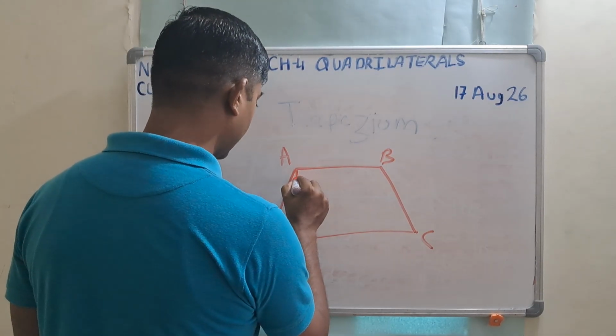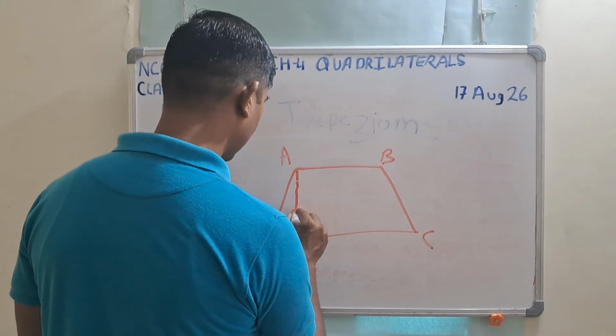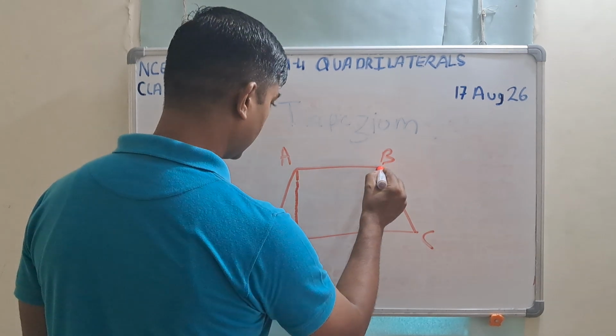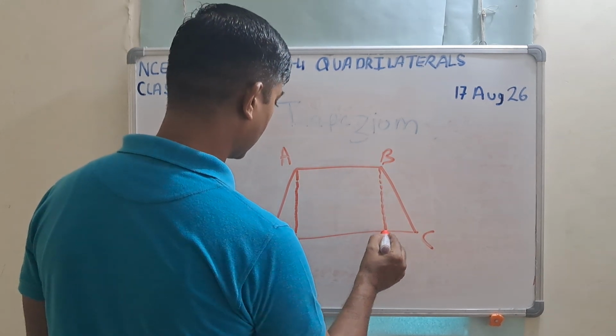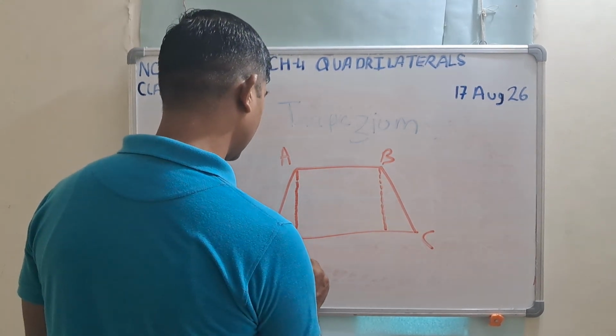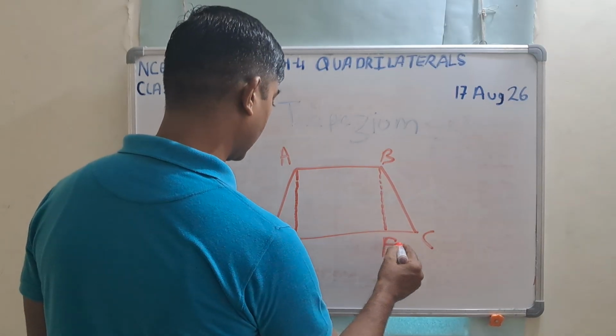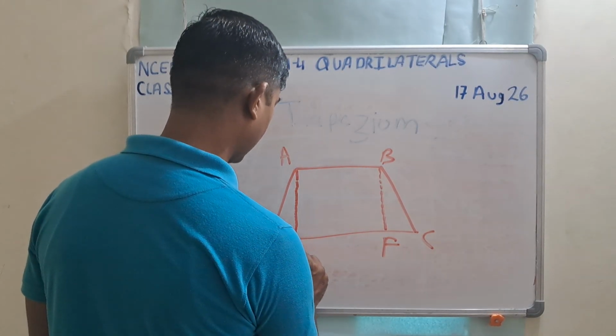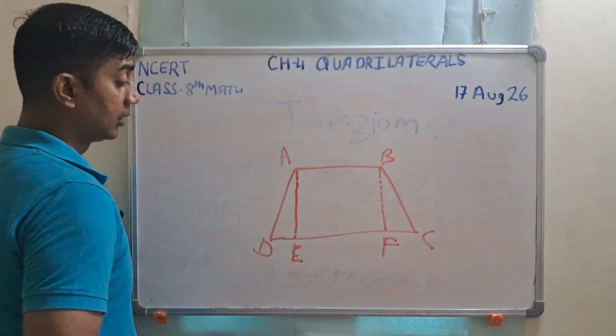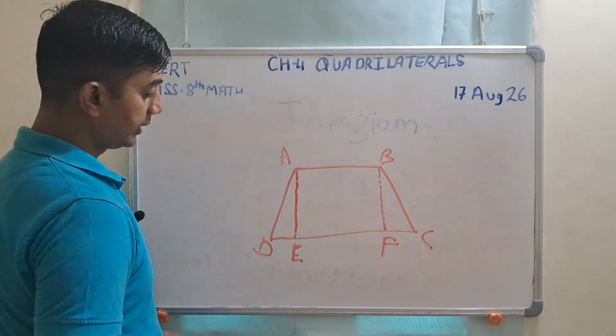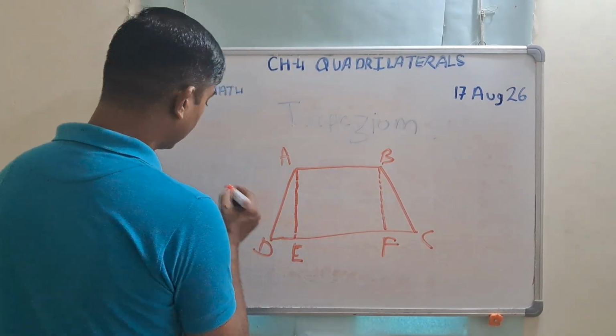This is our construction, with points E and F. Understood? Now, if we take these two triangles,